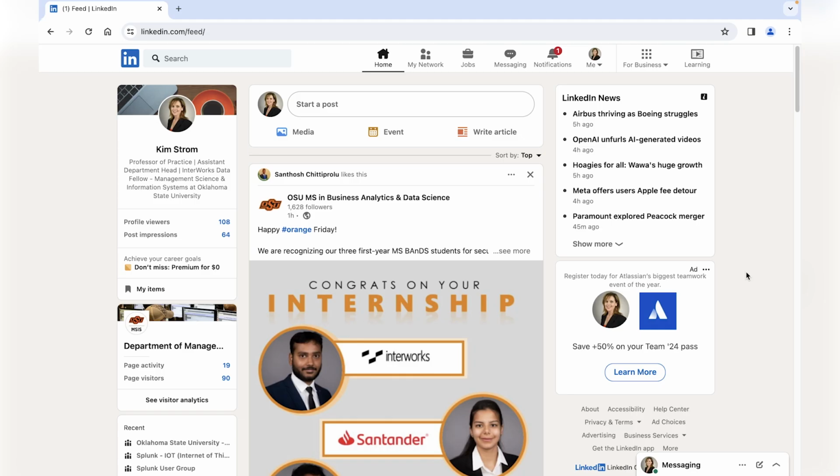When you first get into LinkedIn, you're going to see your profile on the left. You're going to see your toolbar on the right. You're going to see LinkedIn news, typically some type of ad here in the lower right-hand corner, and it's this main area in the center that is called your feed. You can always start your own post here at the top. You can include pictures with that, events, write an article, or